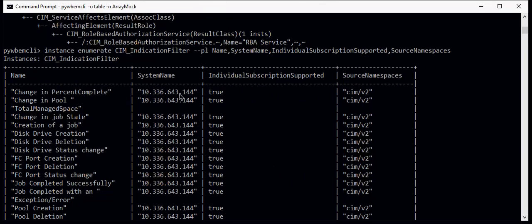So in this list, there are 24 indication filters. That is, there are 24 different events that this WBEM server may send to clients that are listening for the indications. In this list, a number of them are new since 161. They include